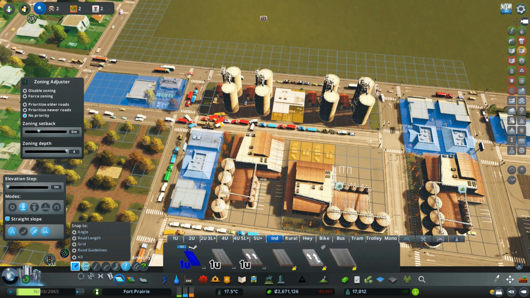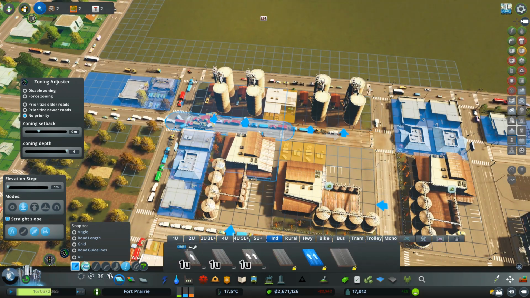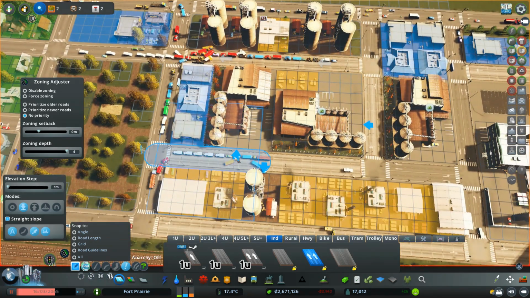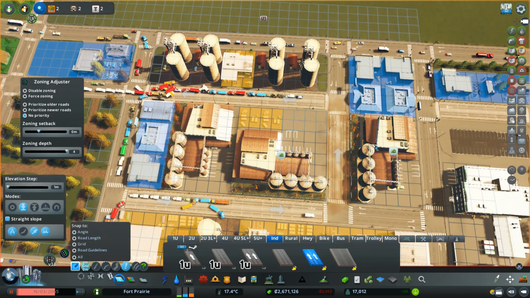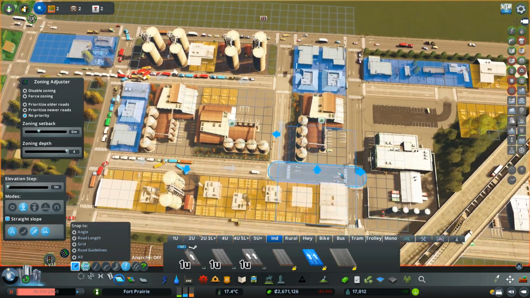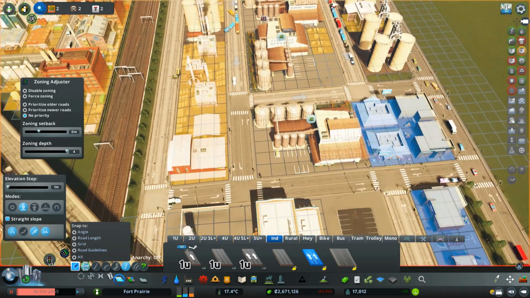We'll go into the industry road. Industry road one way. Pause the game. Let's make it like a roundabout. Do that, and then we'll make this side a one way as well. And that will also be one way. And over here then,